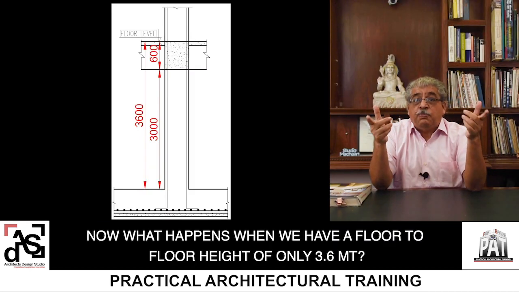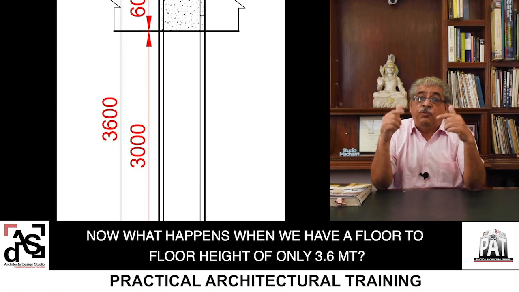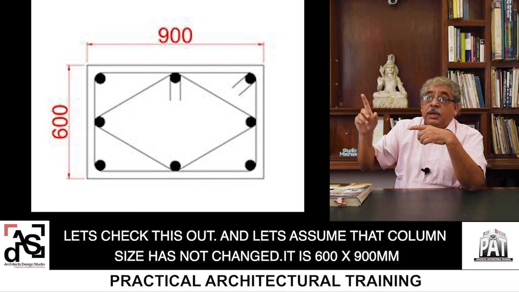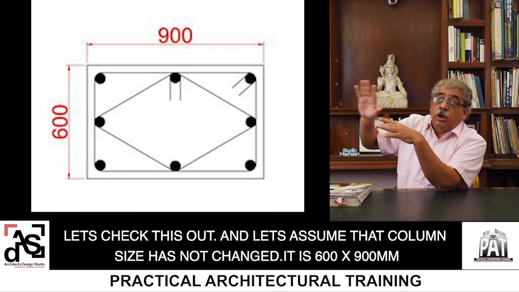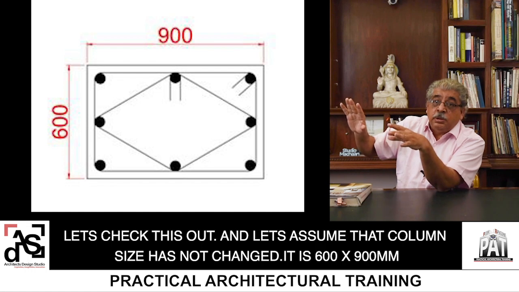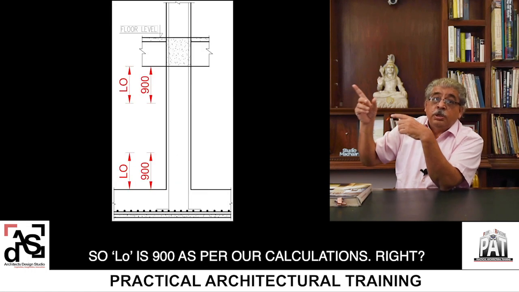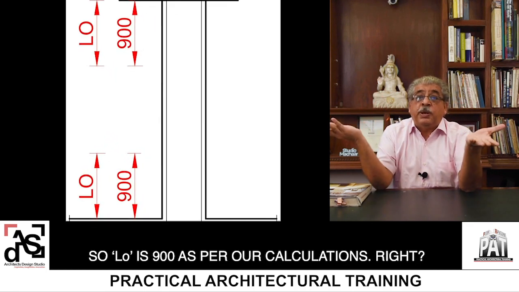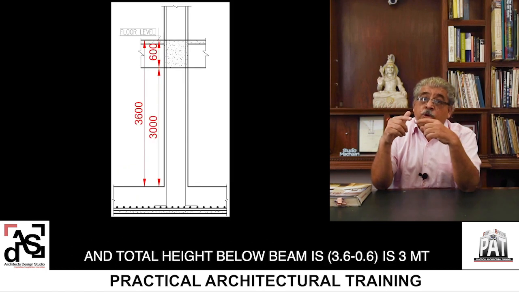Now, what happens when we have a floor to floor height of, let's say, 3.6 meters? Let's check this out and let's assume that the column size has not changed. It is still 600 by 900 as shown. So LO will remain 900 as per our calculations,